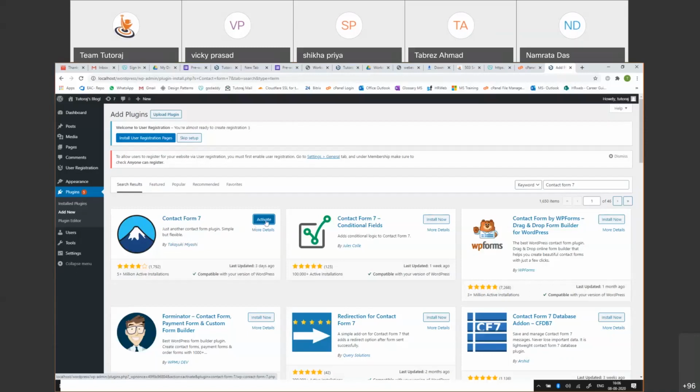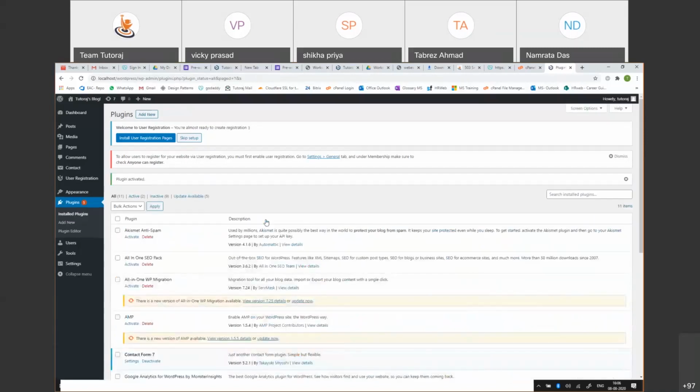After it is installed, you will get an activate button. Click on activate. So basically, install and activate are two different things. Install means you're taking it from the internet somewhere and putting it into your local machine. Once you put it into the local machine, you have to apply it to the website. For applying it, you have this activate button. Install is basically like downloading an installer. Activate is like running the installer. These are the two steps.